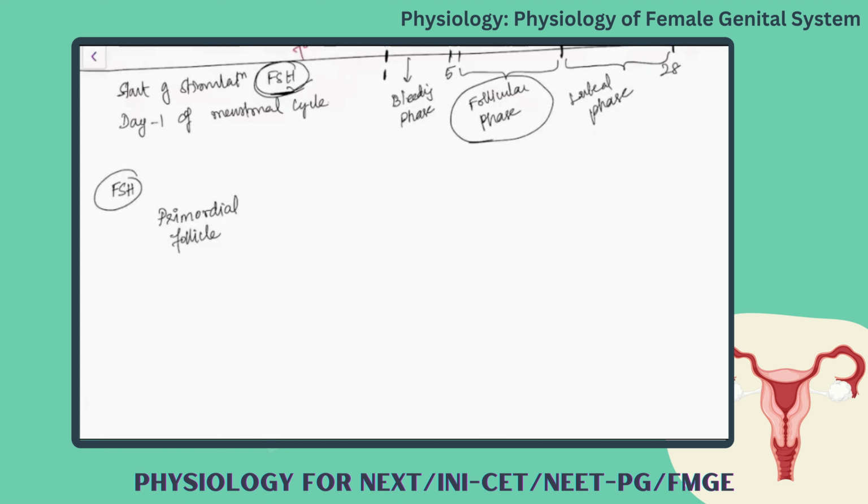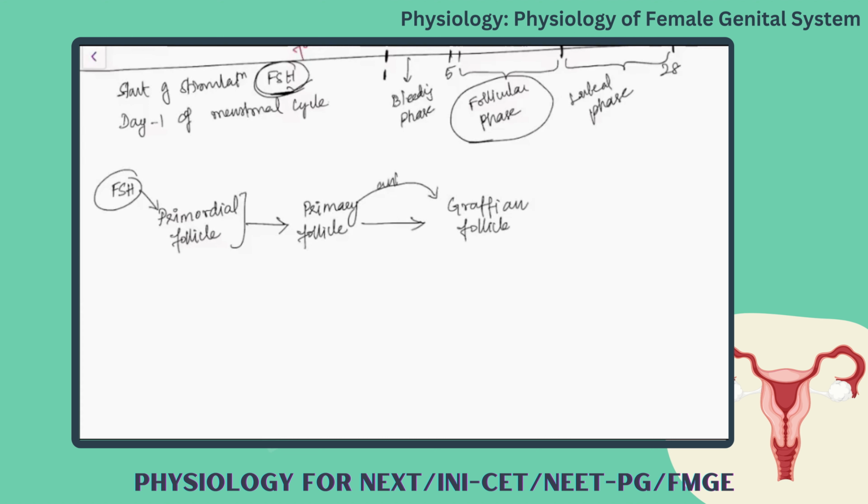The primordial follicle will be converted into the primary follicle, and this primary follicle will be further converted into the Graafian follicle